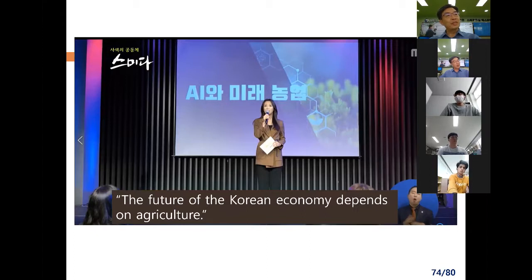Do you know Jim Rogers? He is one of the top 3 investors in the world. He came to Korea a few years ago and gave a special lecture in Seoul National University and said that if I were you, I would go out and learn how to drive a tractor. He always says that the future of Korean economy depends on agriculture and that Korea will become the most powerful country in the world if South Korea and North Korea are reunified.